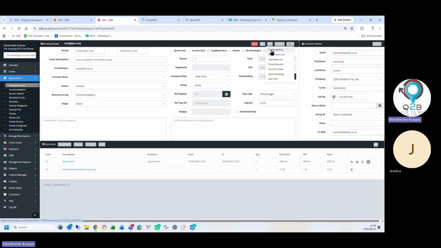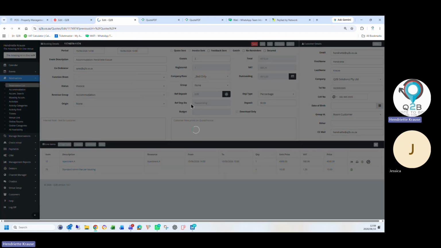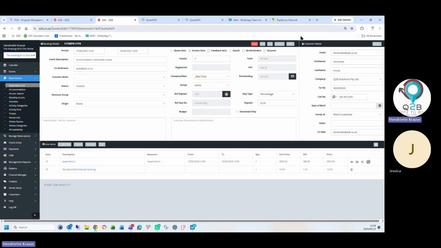Then you can mail the invoice or the quote directly from here. So you can mail it. If it's all your rooms all combined and you want to send them a summary, you can also select summary, any attachment that you preloaded that you want to send to a customer, and say send. So that's via email. Then we've got with our function integration, we've also got a registration link, which is a RSVP link.